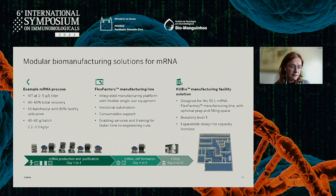So Cytiva can support the full mRNA manufacturing, from unit ops to a full end-to-end solution. Our manufacturing platform is designed around process examples where we have built in as much flexibility as possible, both in titer and in yields, so that it can flex to fit different scenarios. And if there is a need, we put that together in a total platform where different industrial automation can be supported, including consumable support and enabling services and training if you want it